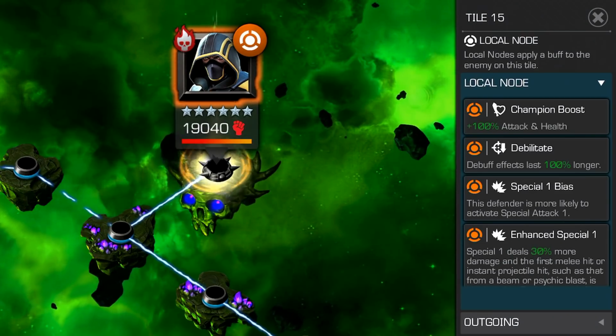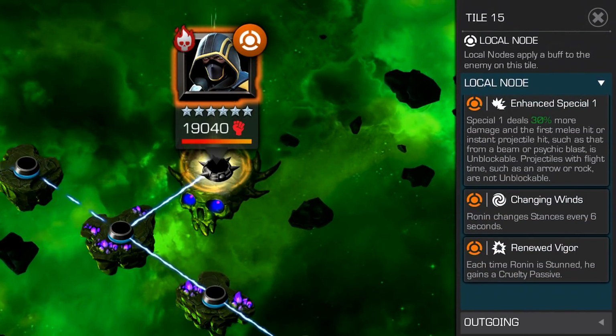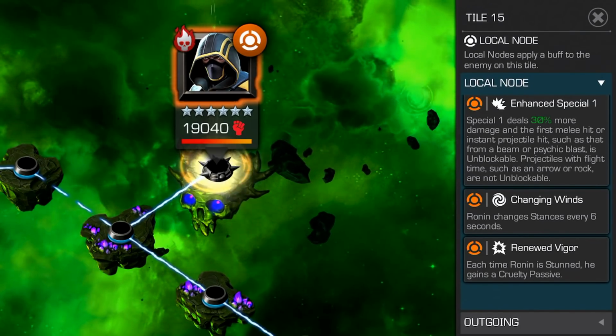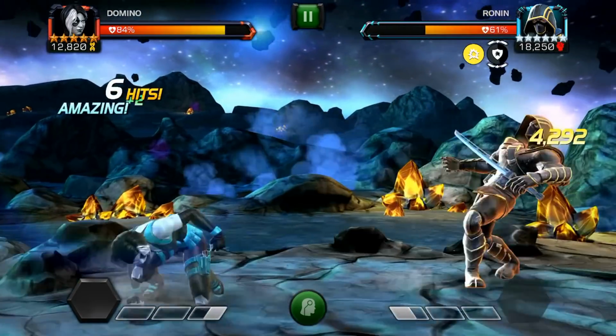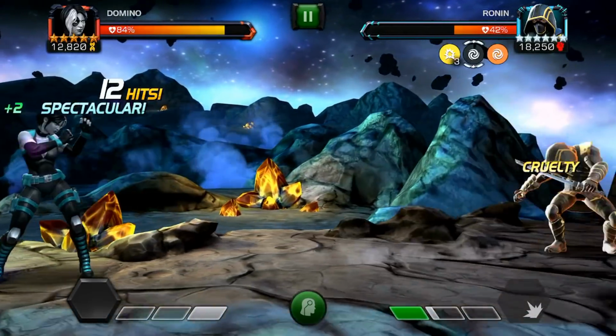The name of the game with this champion is Don't Get Hit. The champion is going to gain lovely things like renewed vigor. Each time Ronin is stunned, he gains a cruelty passive. So you may want to just opt for doing intercepts, and I think that's the name of the game with this particular Uncollected run. Intercepts are key, but the fact is, you want something that interacts with